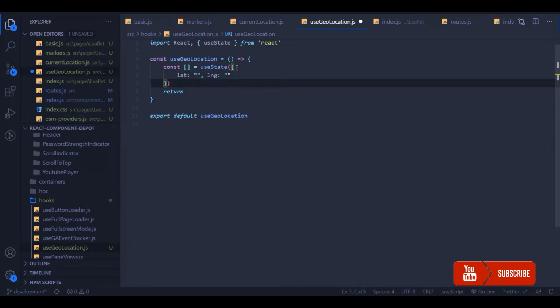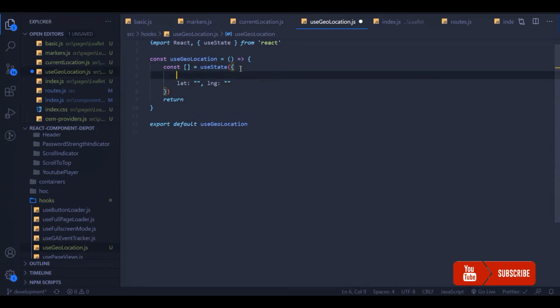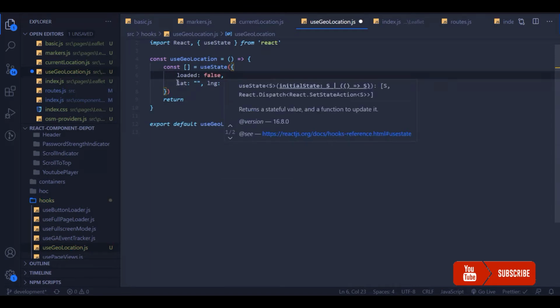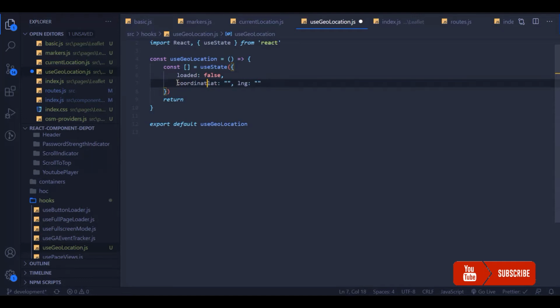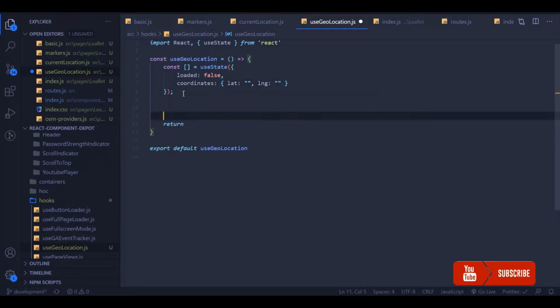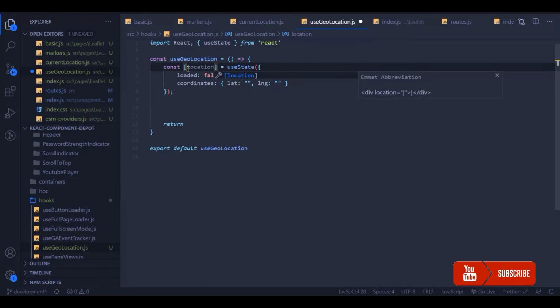So let's have this lat long inside coordinates, and we'll have a new key called loaded, false. Once we get the latitude and longitude information, we will make this loaded true. We'll name this location, and we have another function to update this location.